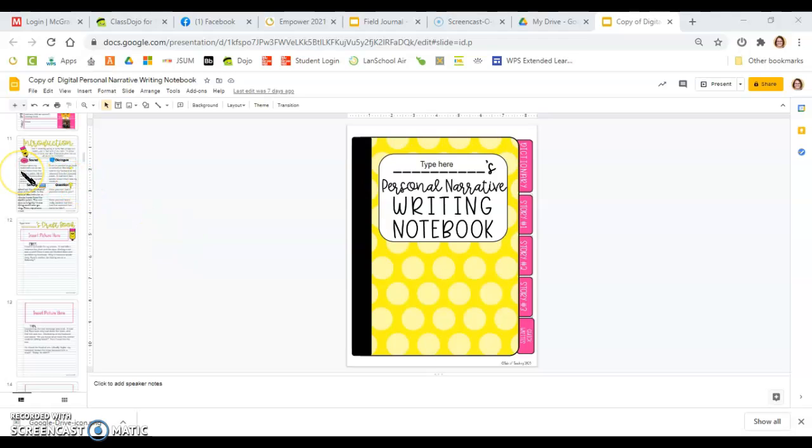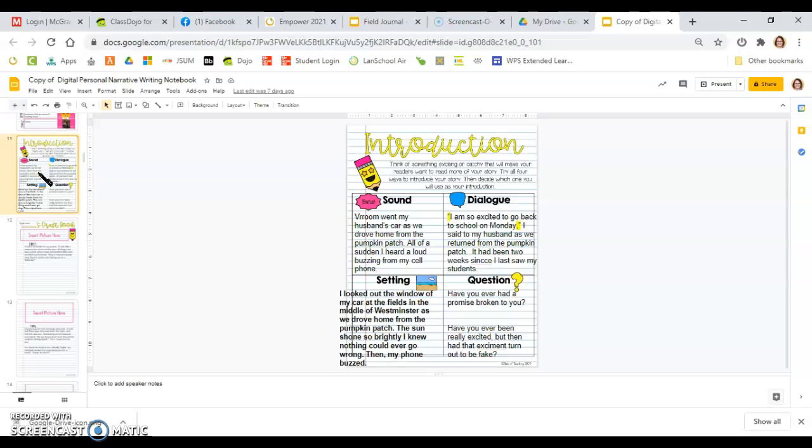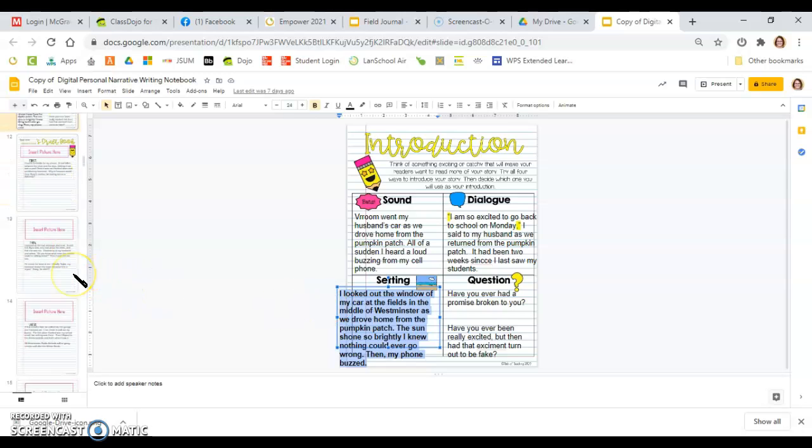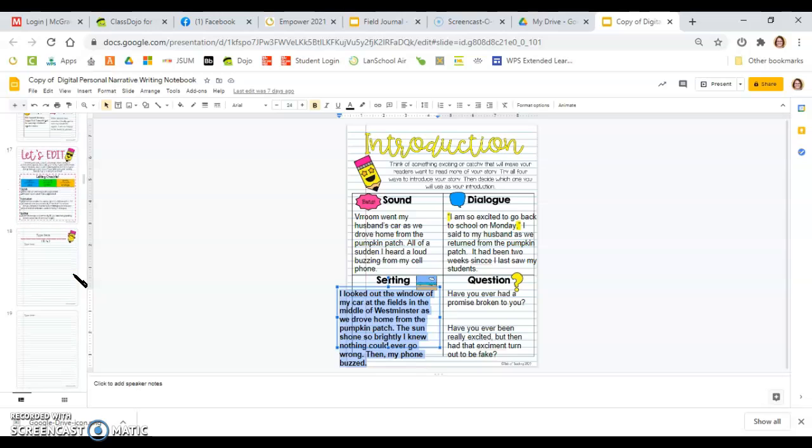Alright guys, it is time for you to put your final draft together. So I'm going to come here, and the first thing I'm going to do is take my introduction. So here's my introduction. I'm going to double click or highlight it. I'm going to press Control C to copy it, and then I'm going to come down to slide